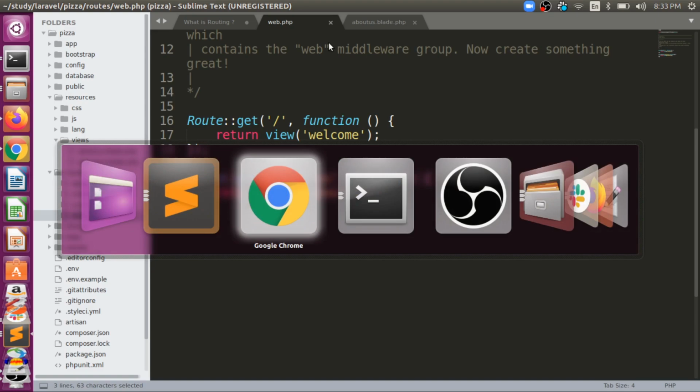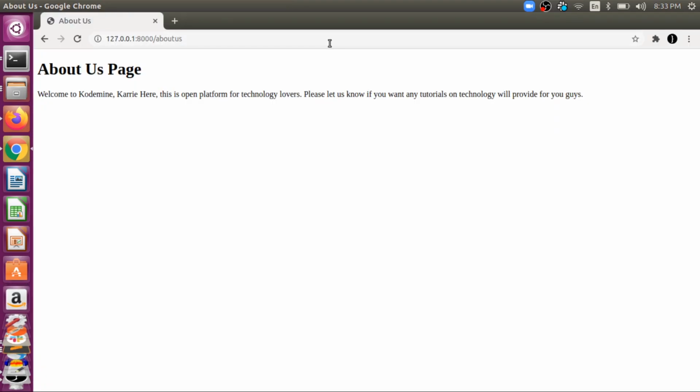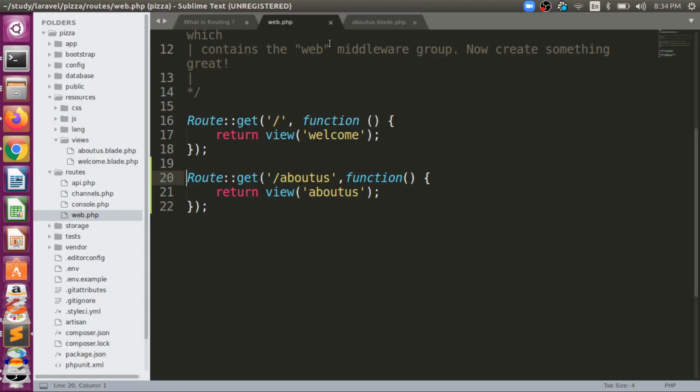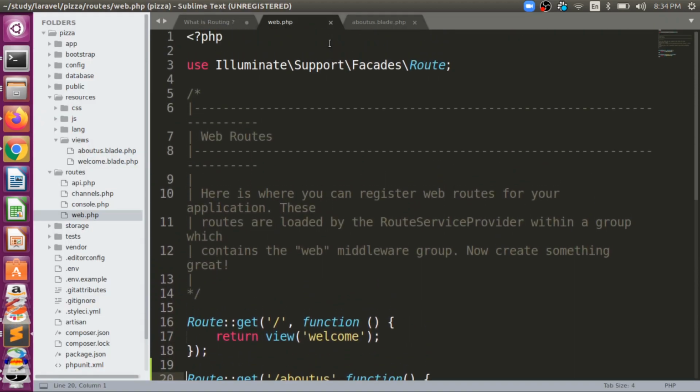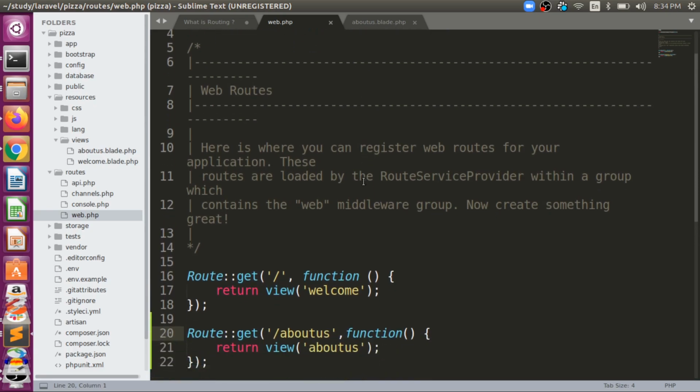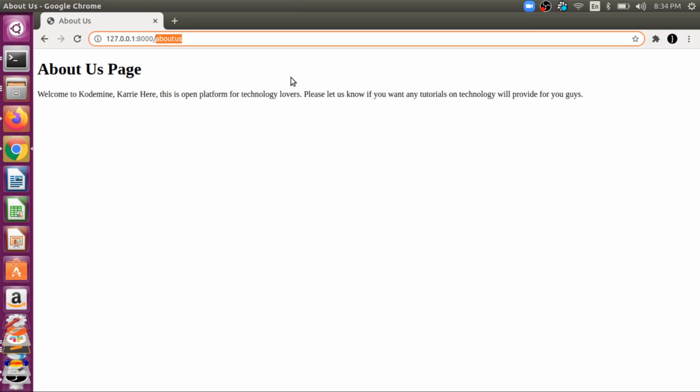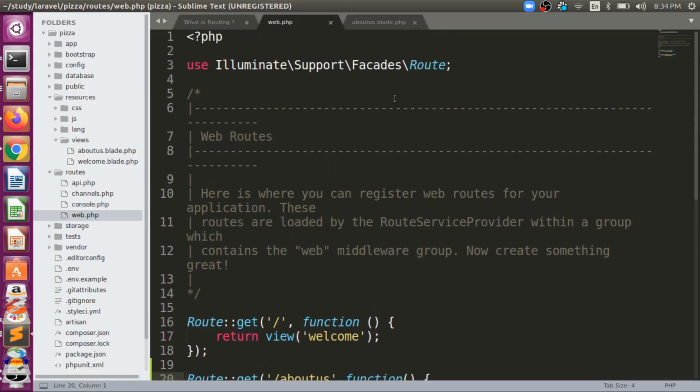Now how it is happening, you guys can see here. Whenever I put about us, right, slash about us, it will segregate the URL based upon the slash, right? Then it will pick up the route, right? It will pick up that URL, right?